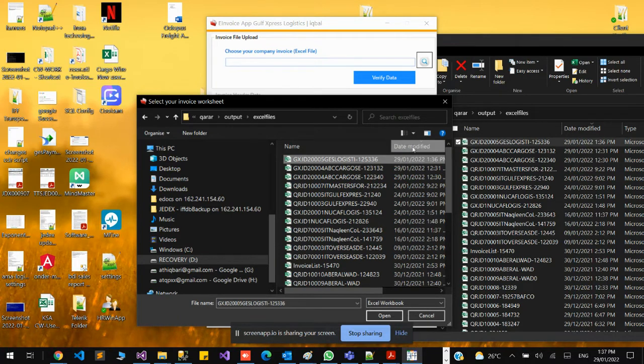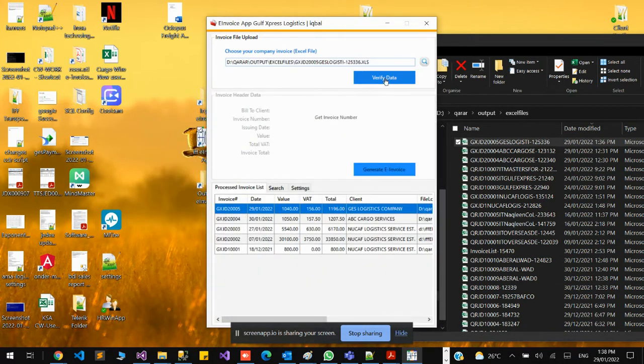Sort it by date if you have any confusion, and make sure you choose the latest file which you have made the changes to, not the previous versions. If you choose the previous version, you're going to get the wrong information. So choose the latest file which has been edited recently, and click on open,